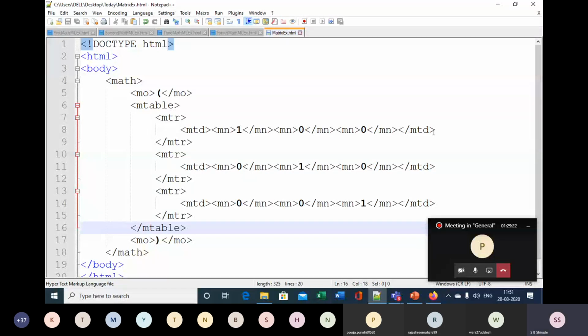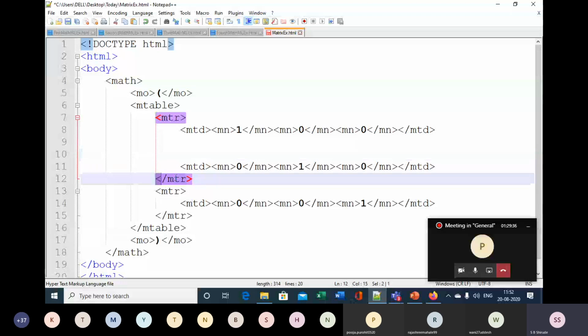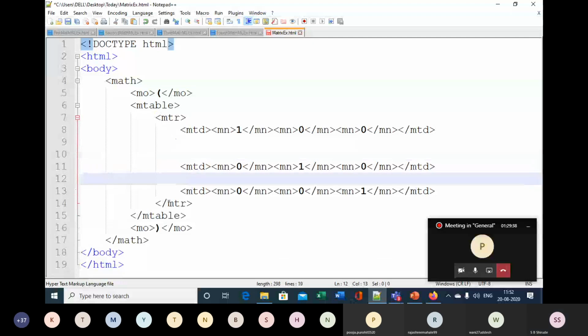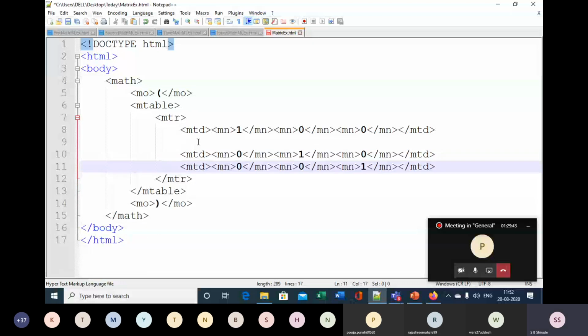Let me just check this particular output. So this is giving it like this in one row only, where all three data are given.